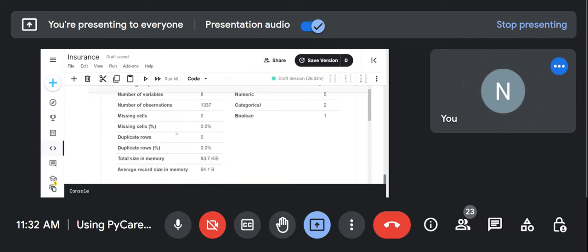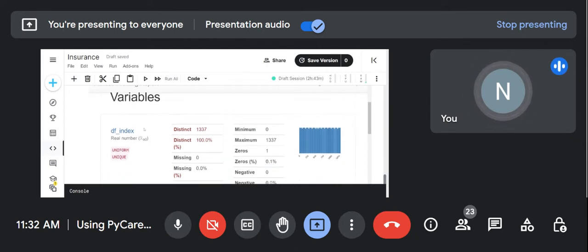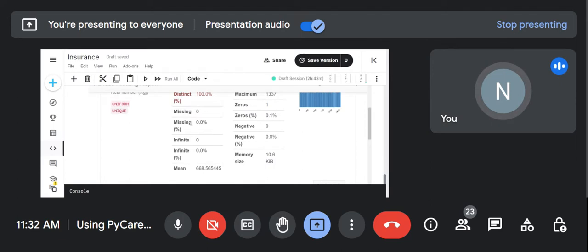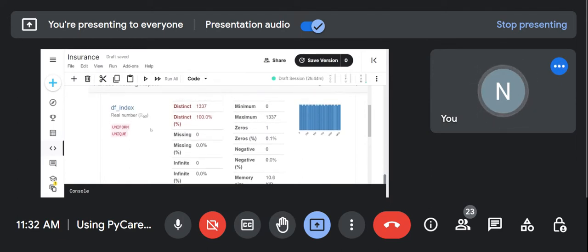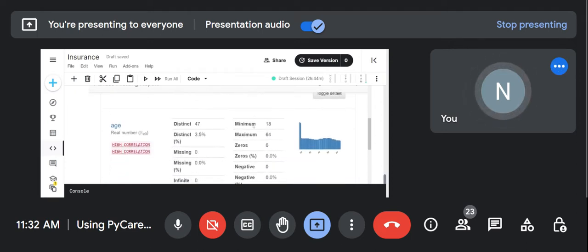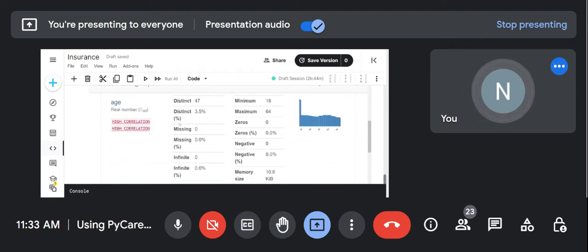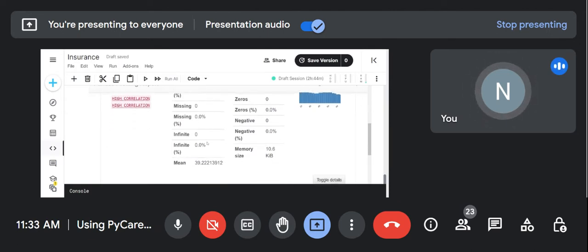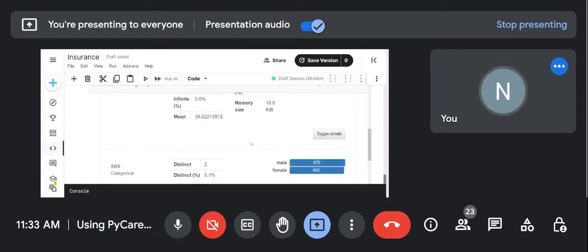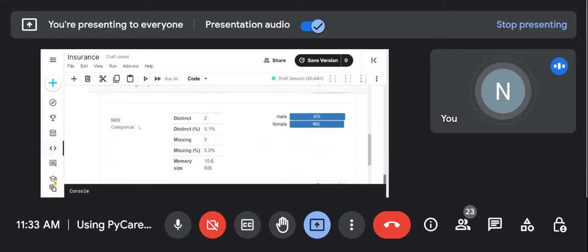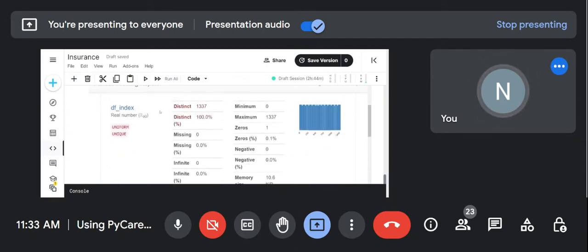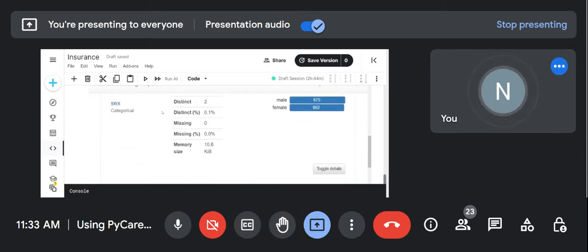ओके ये करा, फिर उसने वेरिएबल्स के बारे में बताया, तो वेरिएबल्स में इंडेक्स की बात करी, ओके दिस मच इंडेक्स वैल्यूज, मिनिमम मैक्सिमम, पूरी इंफॉर्मेशन फॉर ईच एंड एवरी पैरामीटर विच इज अवेलेबल इन योर डेटा सेट, पूरा बताएगा ये। ठीक है, देन इट्स गोइंग टू टेल अबाउट द एज वाला पैरामीटर, उसमें क्या क्या मिनिमम मैक्सिमम वैल्यूज, नेगेटिव एंड मिसिंग वैल्यूज एंड ऑल दिस थिंग्स, वो पूरा बताएगा। देन जेंडर के बारे में, इट इज कैटेगरिकल, तो यहाँ से पता चल जाता है कैटेगरिकल है, एज रियल नंबर्स हैं, इंडेक्स रियल नंबर्स हैं।